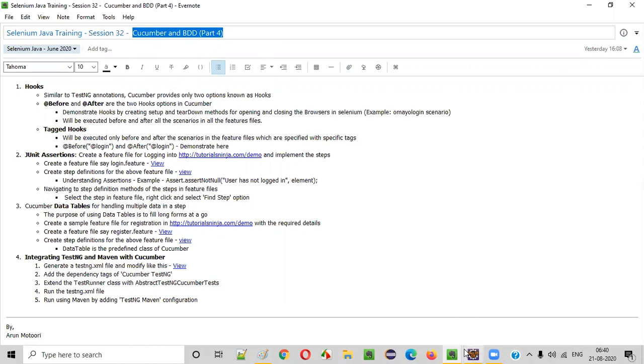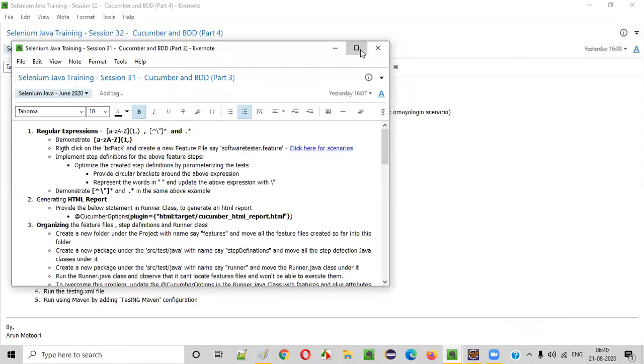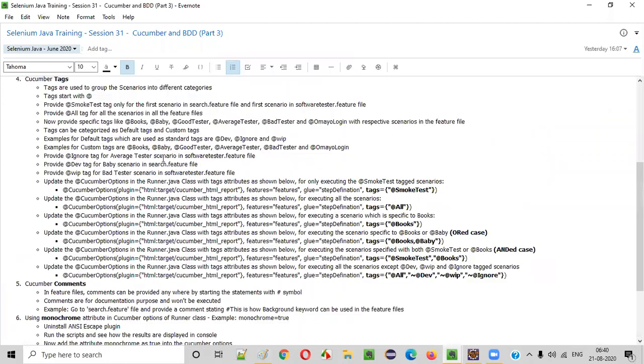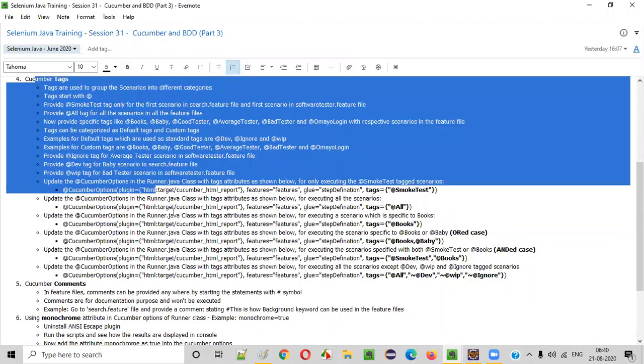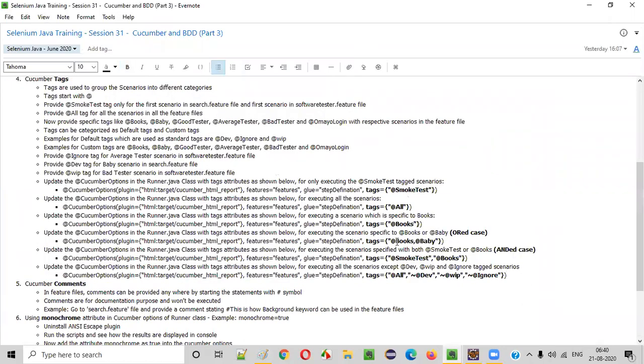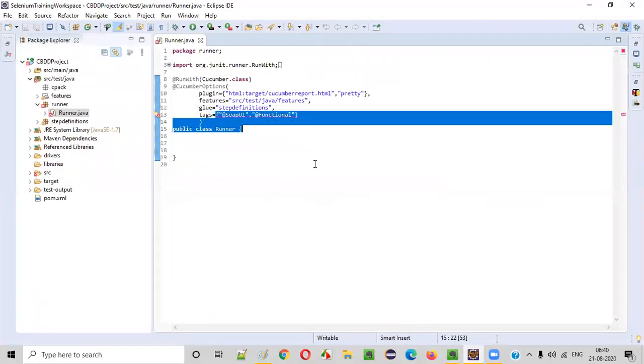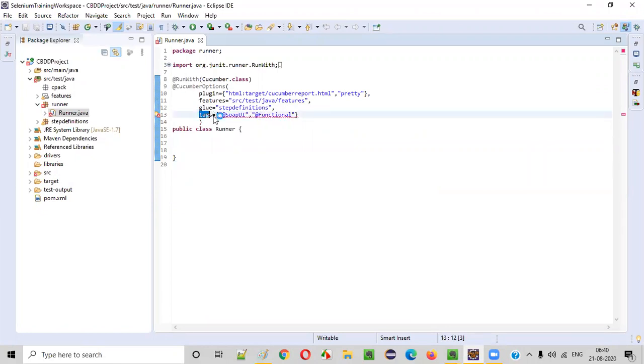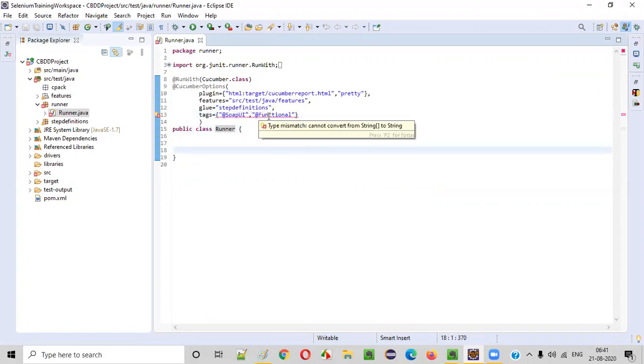So guys, if you remember in the last session, when I was explaining about tags, when I put these curly brackets in the runner class, surrounding the tags with curly brackets, I was getting an error.